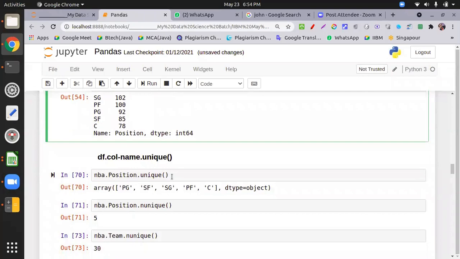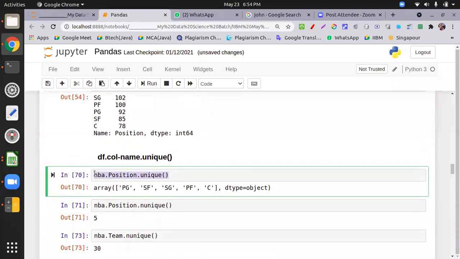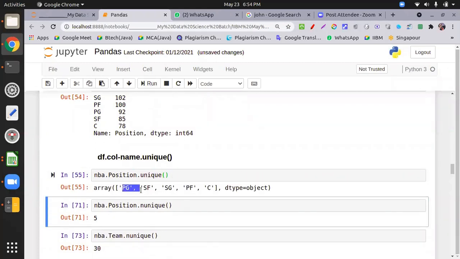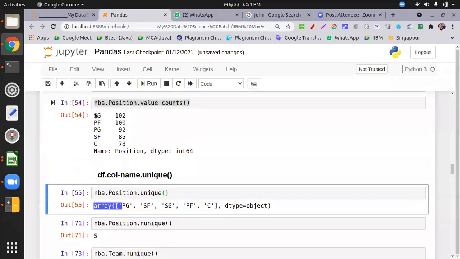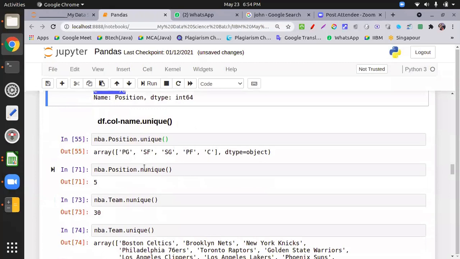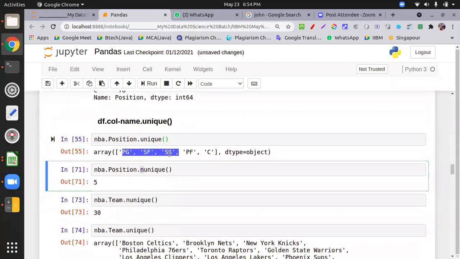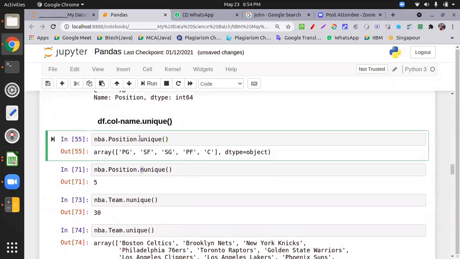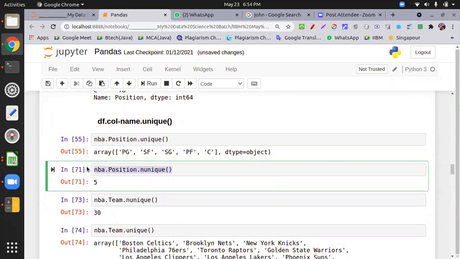Okay, unique names in a particular column. What are the unique names? That means non-duplicate values. So PG, SF, C over here, these are the values. Okay, and if you want to count the number of unique values, put n before unique. nunique means number of unique.